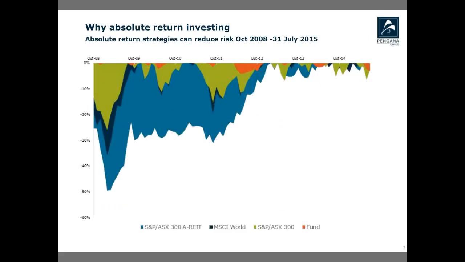Just on the next slide, so why absolute return investing? These strategies are designed to perform at different times, and our strategy is designed to help protect the downside. This slide shows you the drawdown from top to bottom for the Australian A-REIT market, the MSCI World, so global equities, and also Australian equities, the ASX 300. You can see that in the different colours, and then our fund is in the orange. So you can see that the fund has protected capital during these large market drawdowns, which is what it's designed to do, and Vikas will explain how the fund does that.